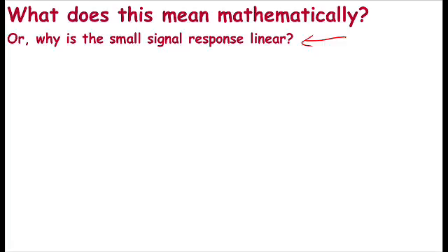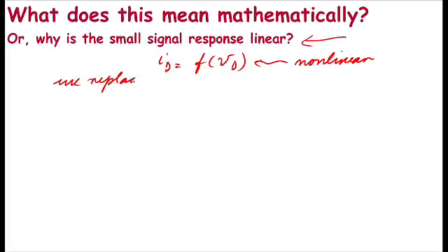So what did we do so far? We took our signal, which was ID, some function of the input VD. Notice that this was nonlinear. Let's just walk through the construction and look at what we did, and then I'll convince you why that should yield a linear response. So what we did was we replaced VD with something else. I have an input VD here, and we replaced VD as follows. We took VD and said, I'm going to replace it with a DC value plus a small signal,